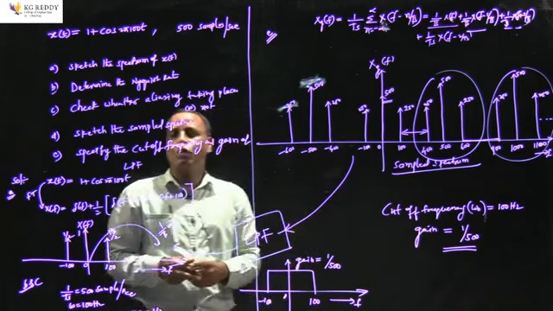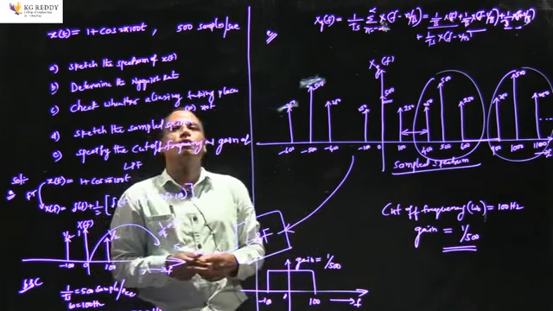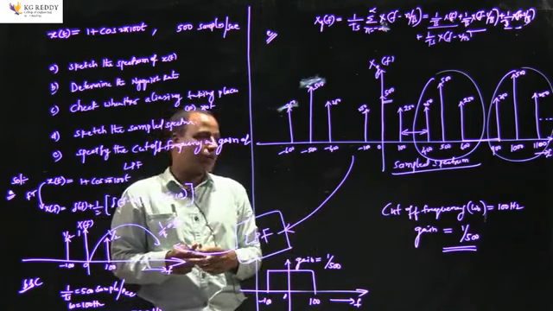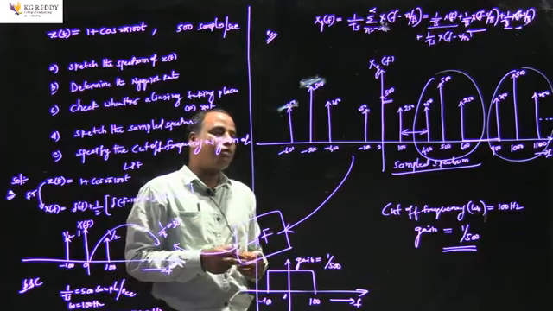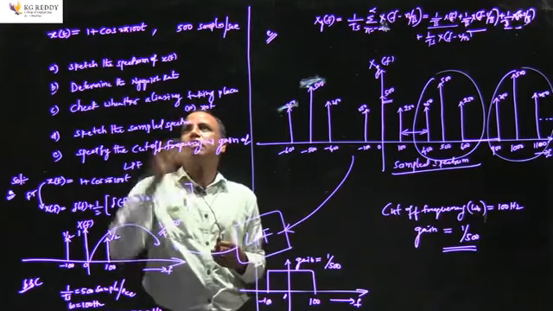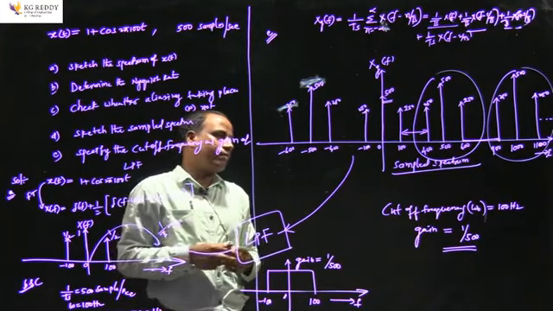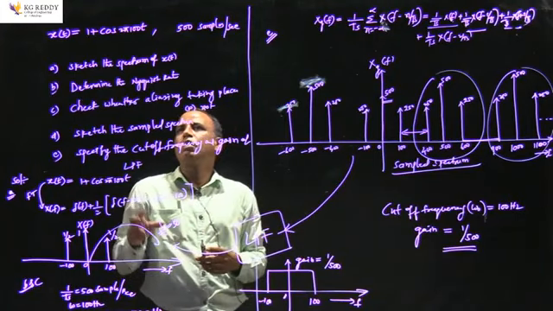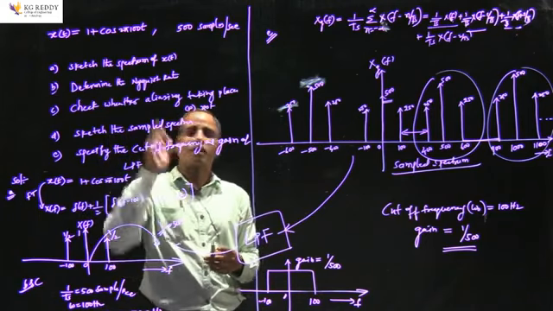So this is the way a sampling theorem can be defined, and what exactly is meant by sampling, and what the different sampling rates are, and how to sketch the spectrum before sampling and after sampling with a simple example and a simple problem. I'm trying to explain to you how to determine all these parameters for a particular signal.